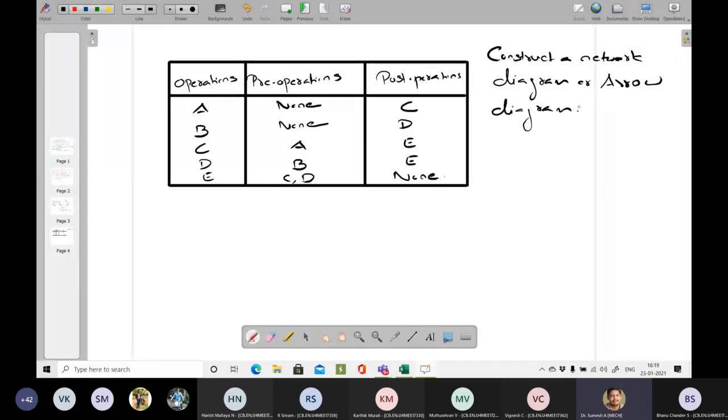And for post-operation, if we see, the post-operation of A is C, of B it is D, of C and D it is E, and E does not have any post-operation. So what information can you easily get from this table of data?